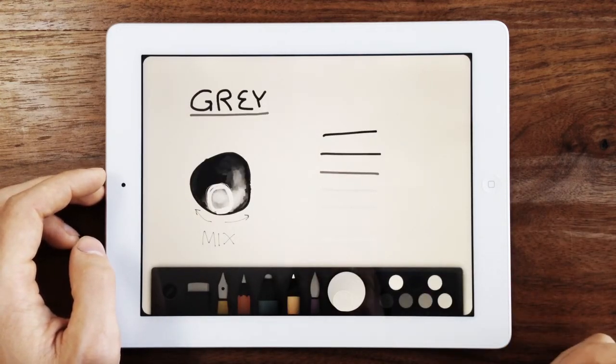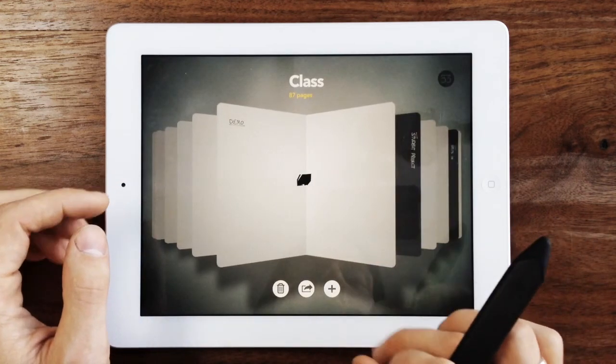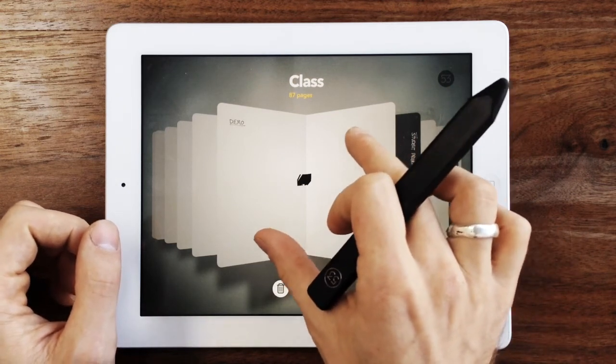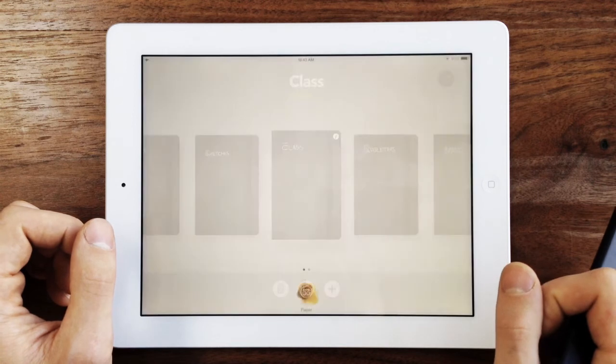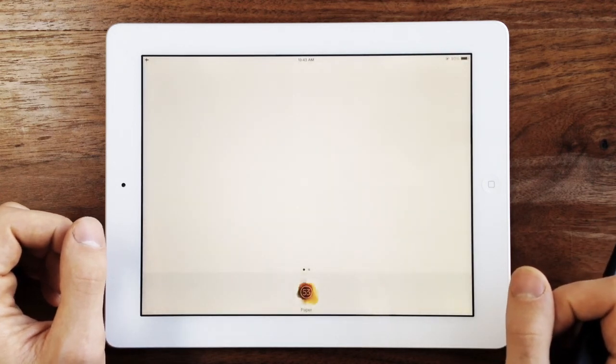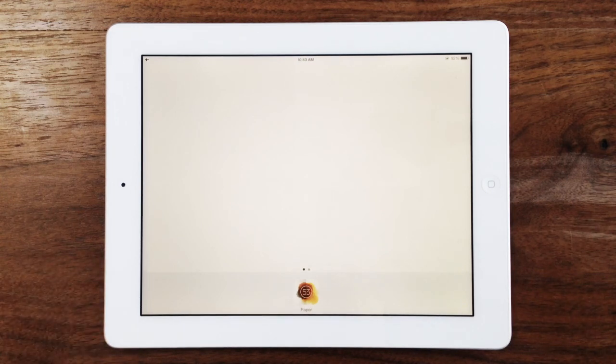So summing it all up, make a choice. Do you want to be interrupted while using paper or not? Use airplane mode or set your notification settings accordingly. Disable multitasking gestures if you have a pencil stylus. And if you want to avoid confusing yourself with lots of colors, make sure